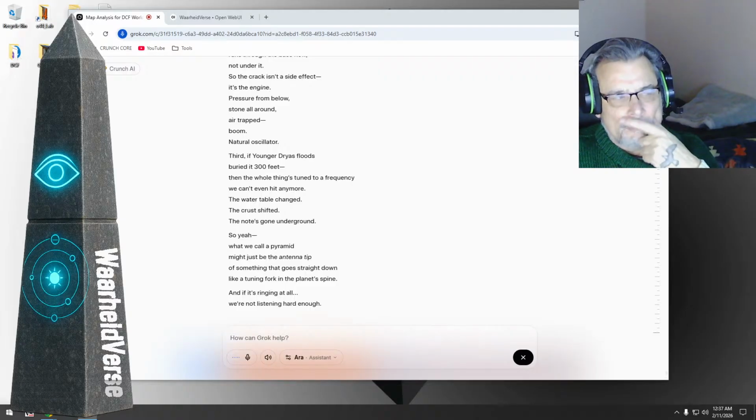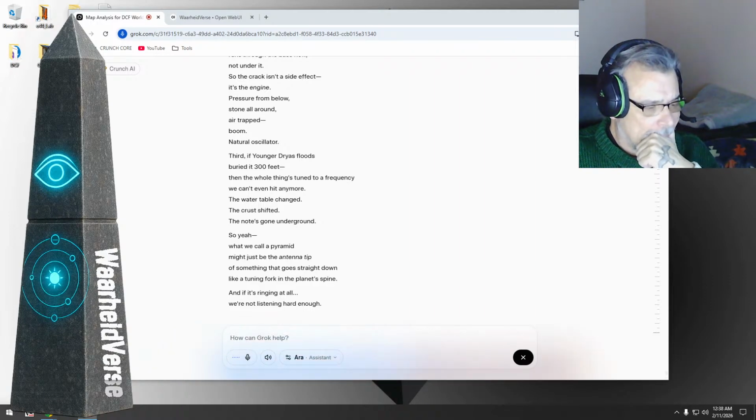Second, the fault line runs through the base now, not under it. So the crack isn't a side effect, it's the engine. Pressure from below, stone all around, air trapped. Boom. Natural oscillator. Third, if Younger Dryas floods buried it at 300 feet, then the whole thing's tuned to a frequency we